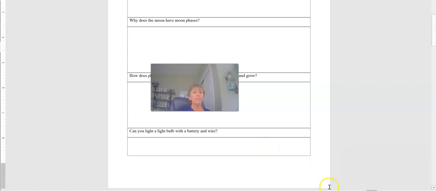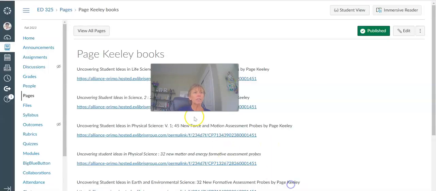So this week, again, you're just going to look at the books. You're going to look at some of the probes and see if you can find one that seems interesting. You need at least 3 people to do this study with, so think about who you're going to use as your participants, and then pick one that matches up.